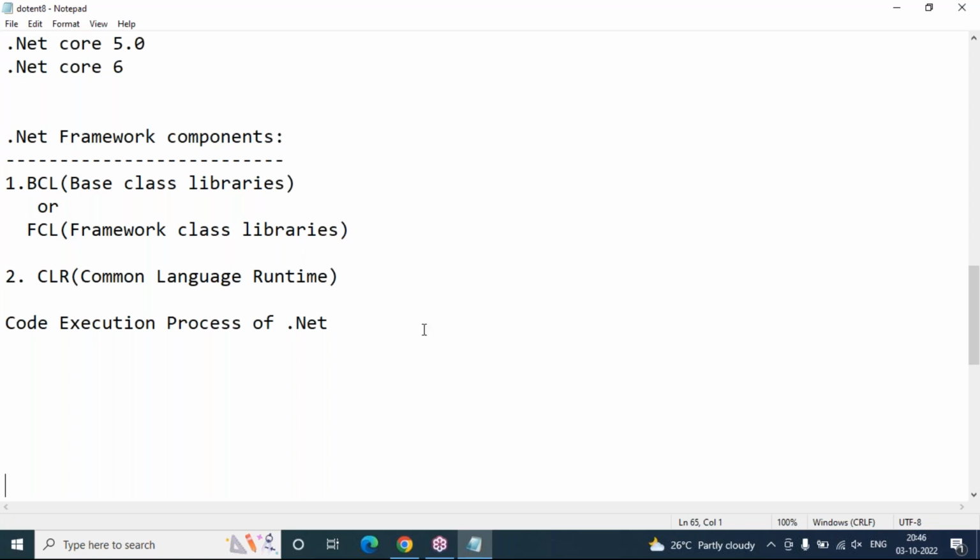only, because C#.NET is the main language for our complete .NET Core course. Everywhere we are going to write C#.NET logic only. Whether you go for ASP.NET Core, MVC, Web API, or Entity Framework, everywhere we are going to write C# logic. So that is the main thing. Obviously, tomorrow I'm going to start C#.NET directly. So that's all for now. If you have any question, you can feel free to ask me now regarding this lecture.